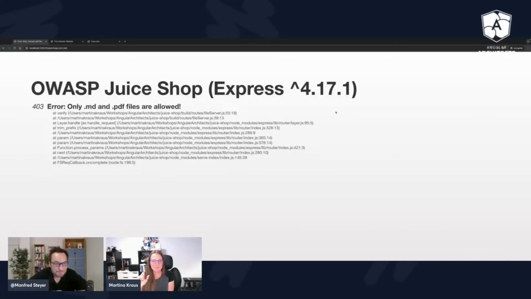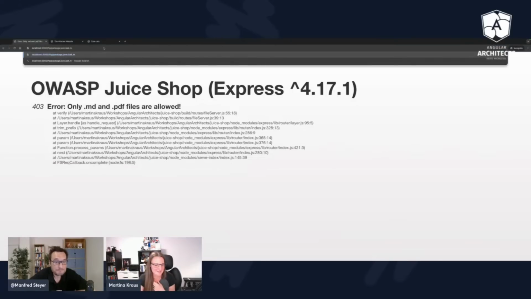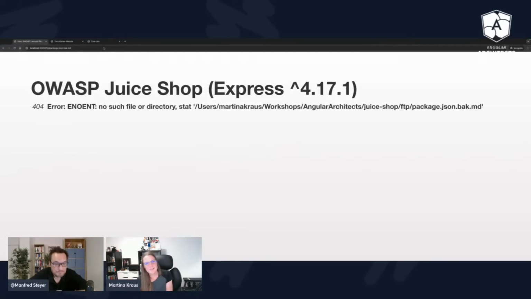Maybe I can try to trick the Express server so that for the Express server, this kind of thing looks like a Markdown file. I could just add an extension over here. I can just type .md and see what happens. Okay, yeah.